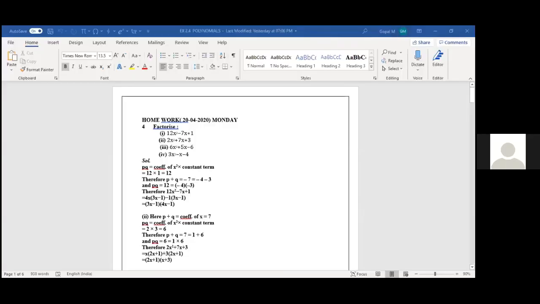Last class we discussed factorization of polynomials. I explained how to do that by applying factorization. As I said, if the degree is 2, you'll be getting 2 factors, with the examples we discussed in the previous class. And the fourth one I gave as homework, just to show what we learned last year in grade 8.